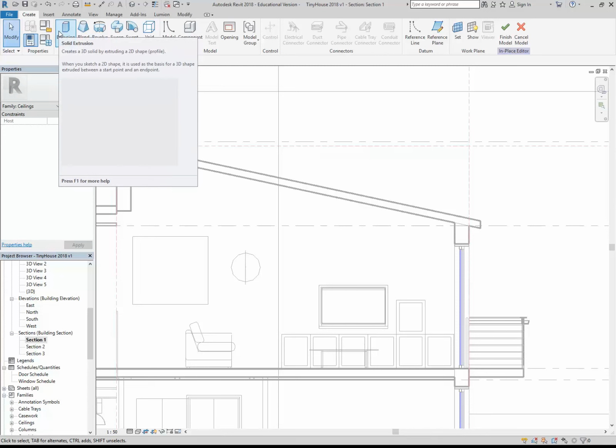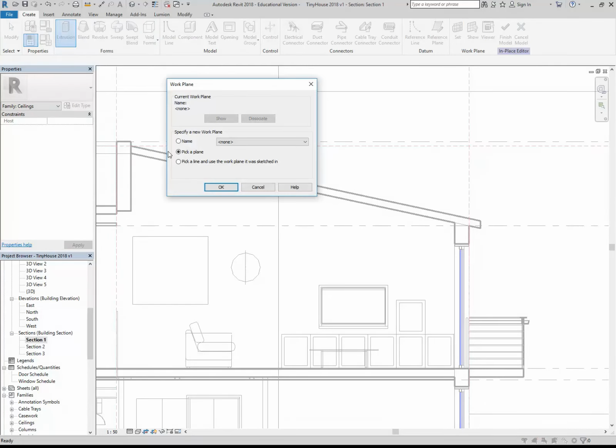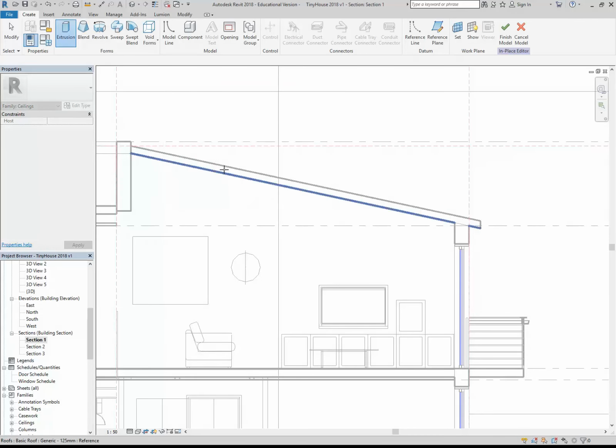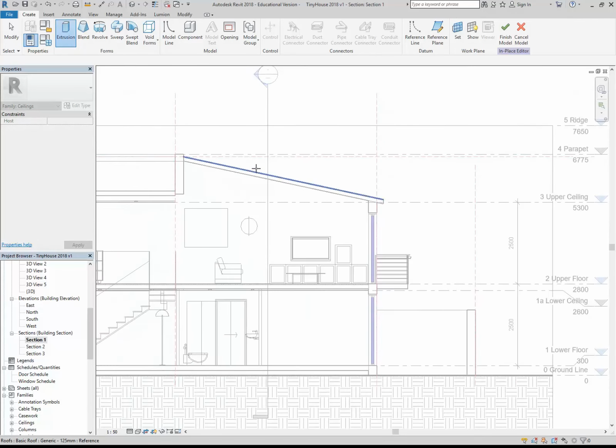Okay, so then I'm going to choose extrusion, and it's going to come up with this dialog box asking me about the workflow. So here I'm going to leave it on pick a plane, or choose pick a plane if it's not chosen. Click OK, and then I'm going to go to the wall that we're looking at. I want to use that wall as my plane,